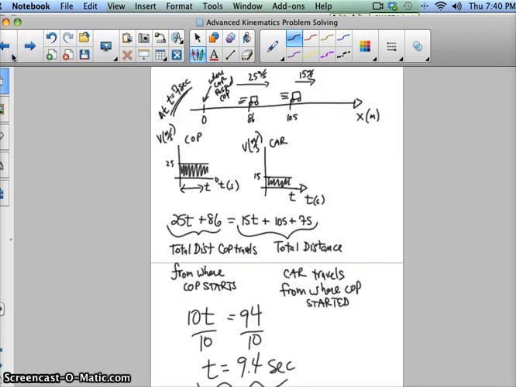In the next 7 seconds while the cop is speeding up, and then if we add this 9.4 seconds to our 7 seconds, that's 16.4 seconds after the cop starts speeding up that the cop catches the car. And then it's actually 21.4 seconds after the car passes